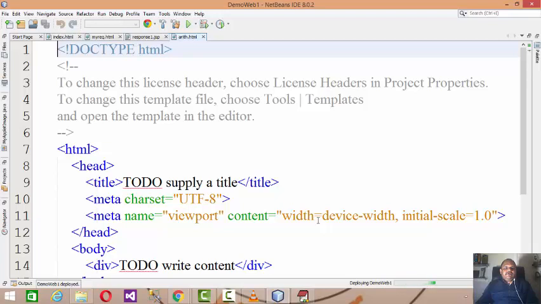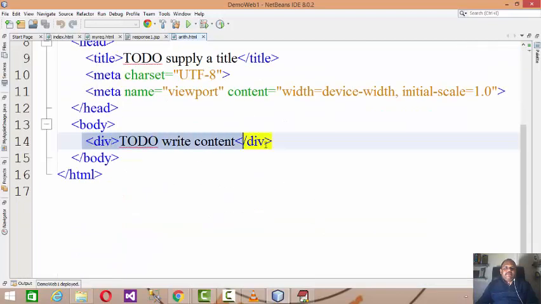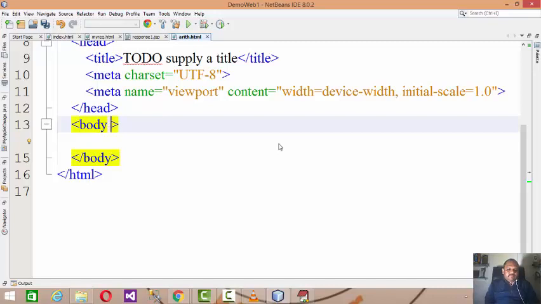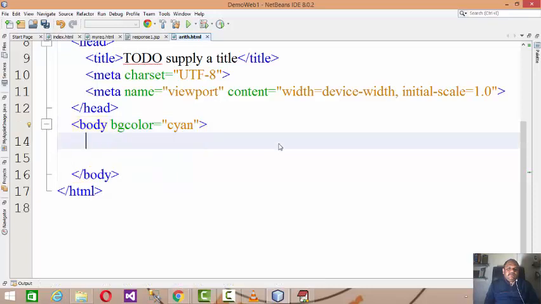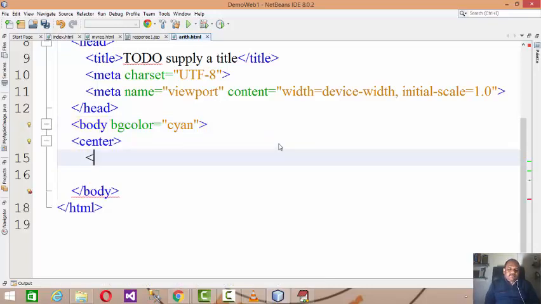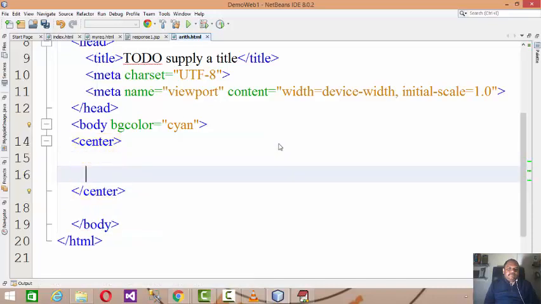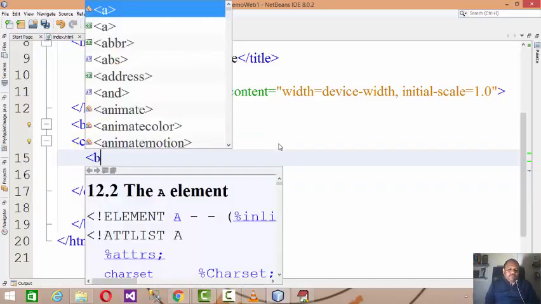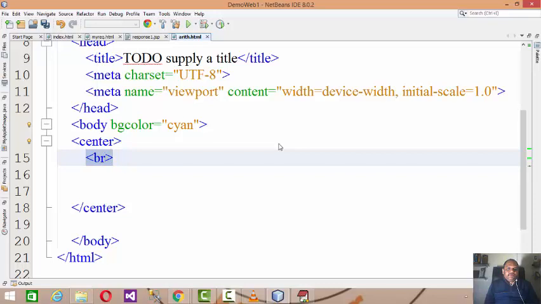So I'll be creating an HTML page to read the data. Again, I set a good background color, make it center aligned. Now I'll be going a bit faster, and then have some space on the top.